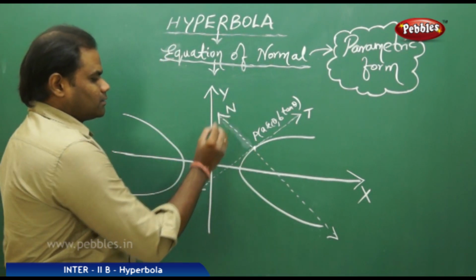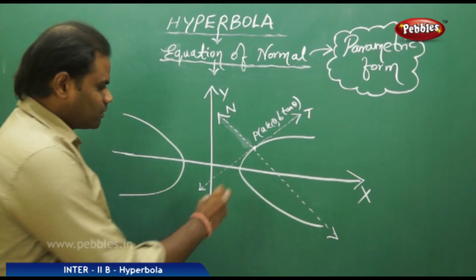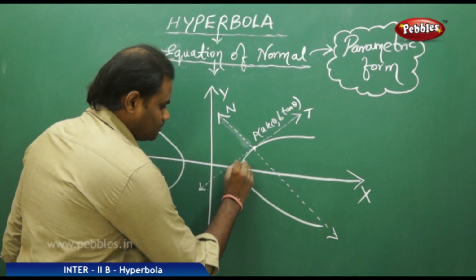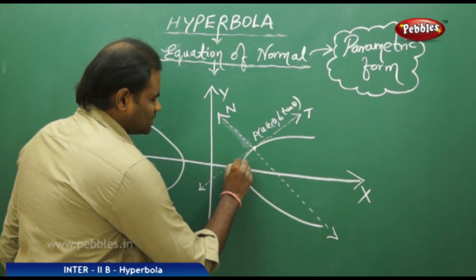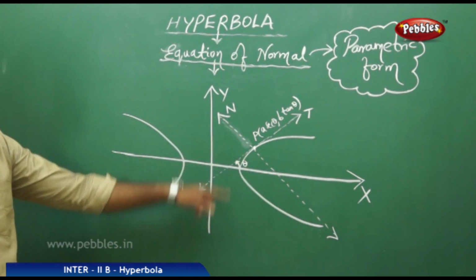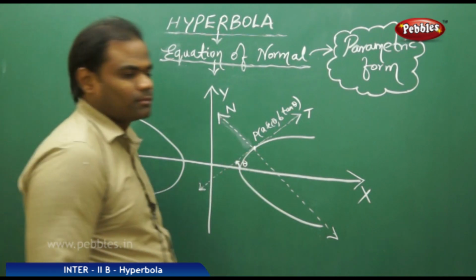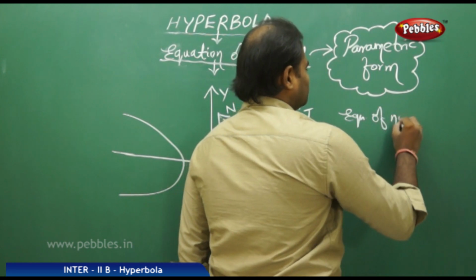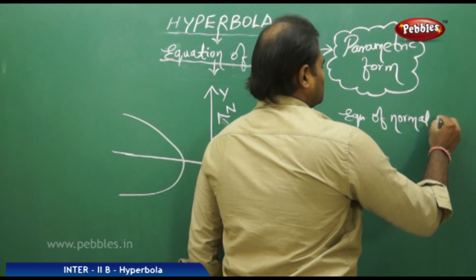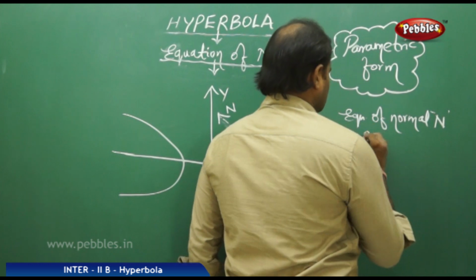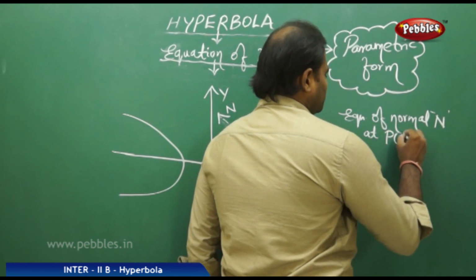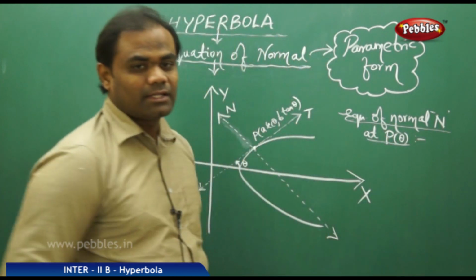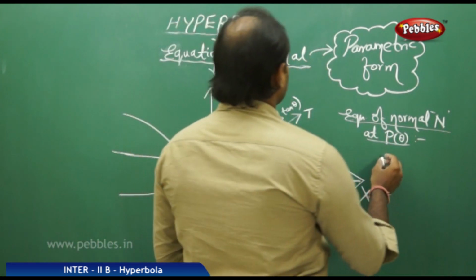Now, in order to find the equation of this normal in parametric form, where theta is in the anti-clockwise direction, the equation of normal in parametric form is given by: the equation of normal N at the parametric point P of theta with respect to the hyperbola S equal to 0 is given by ax